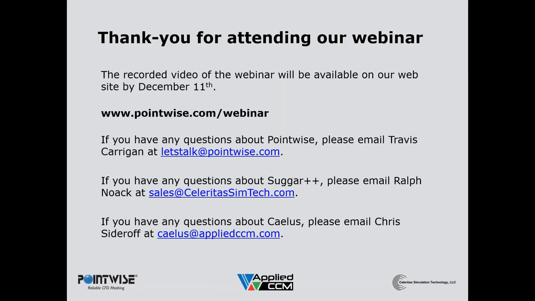Caelus itself, how it runs, just like OpenFOAM, is freely and openly available. And in fact, for people using it in that general sense, we're actively encouraging people to contribute and add code or help out. But in this capacity, doing the overset, since we're working with Suggar and Celeritas, the actual overset capability will be available through a subscription service through Applied CCM.